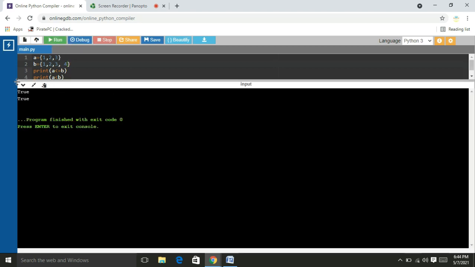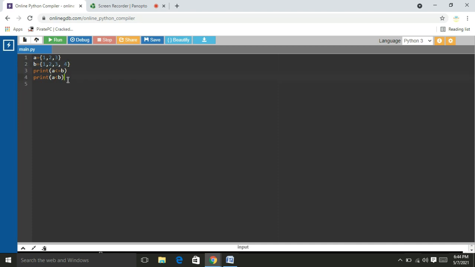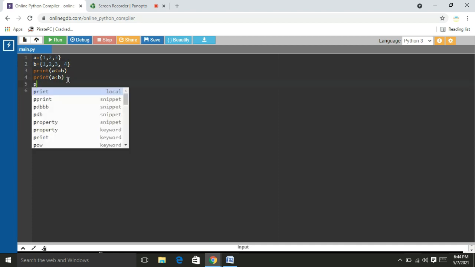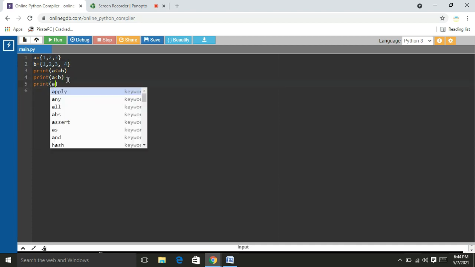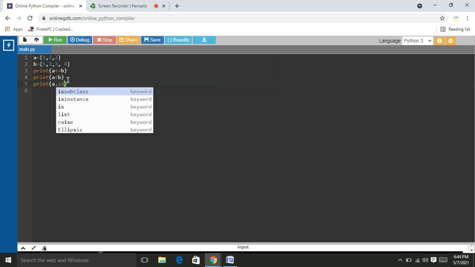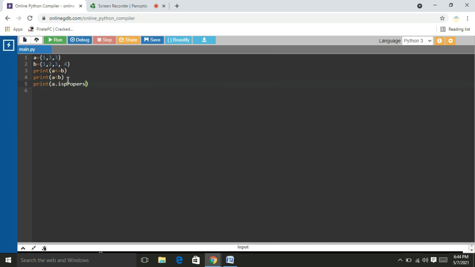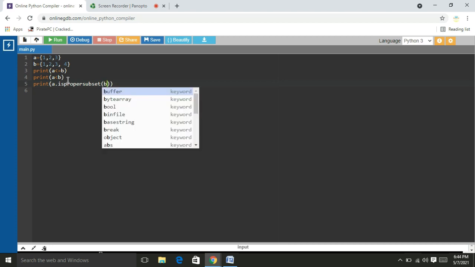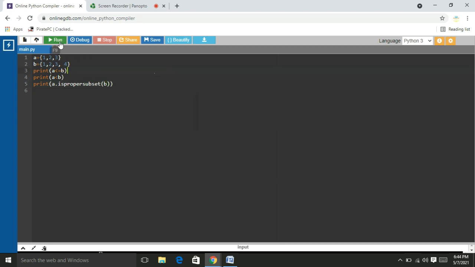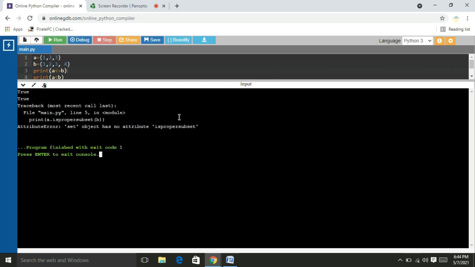Okay. Now I use the method print A dot is proper subset of B. This also generates true. So the set operation A dot is subset, traceback.